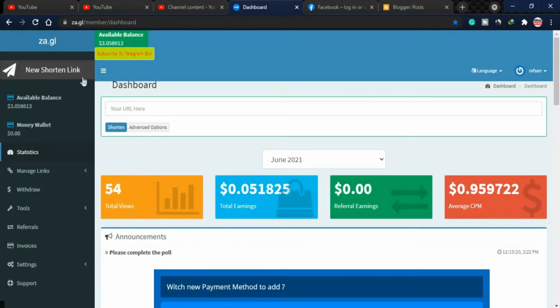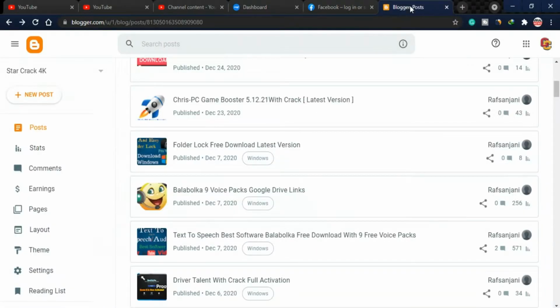Hello viewers, so this is my Za.gl account and I have made about $3.05 here. So the question is how I made these dollars. You can see the average CPM here. That's the way I made it, is I have used